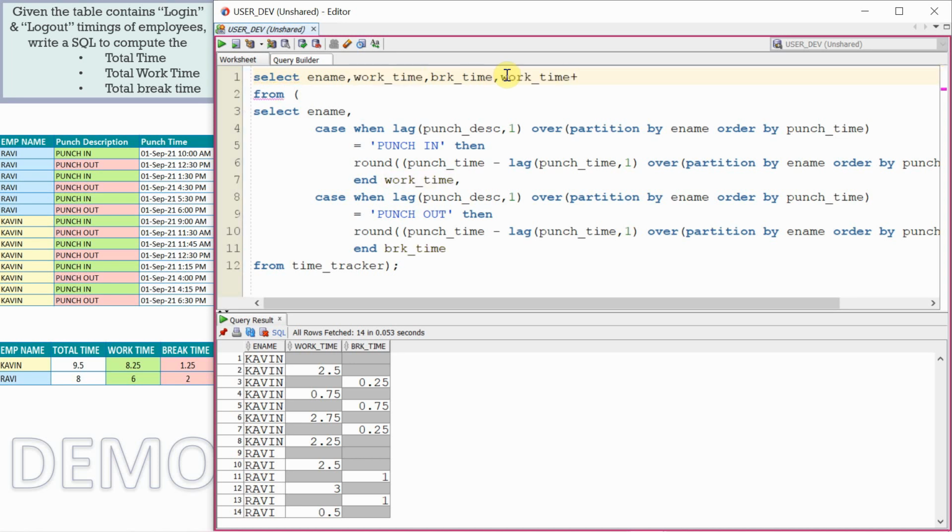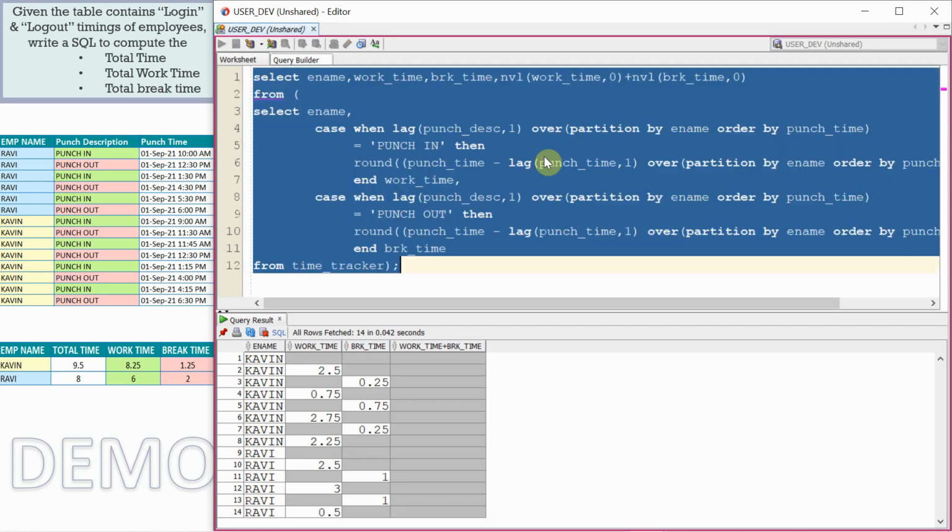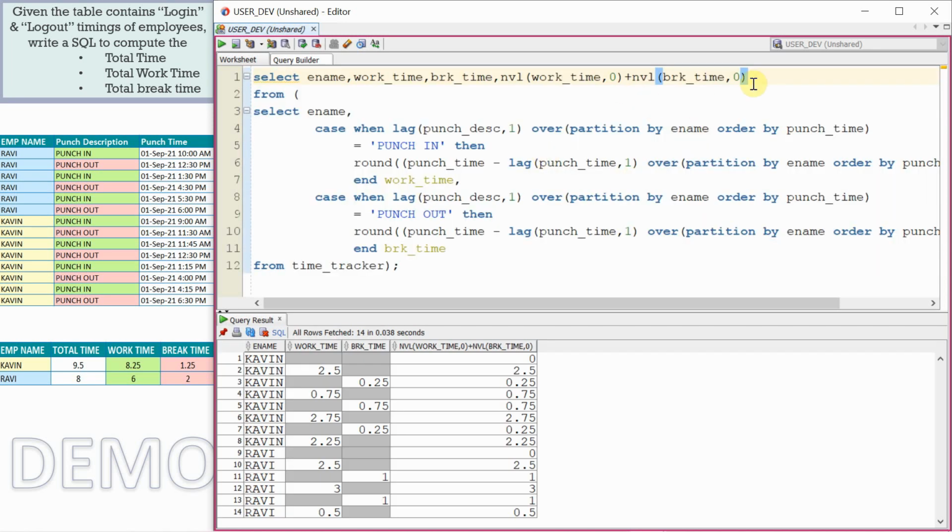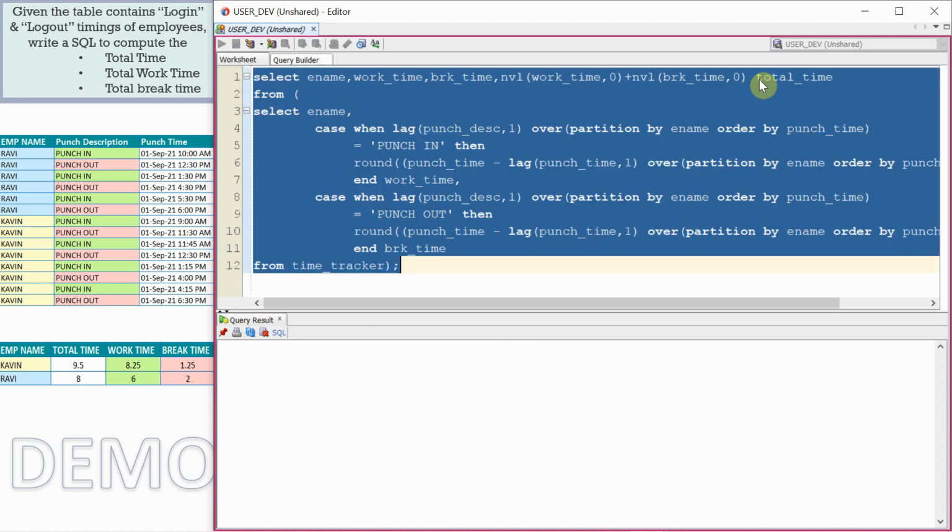So let me say work time plus break time. Whenever there is a null value, it will result in null value. So let's handle the null here. Let's use the NVL function. So if work time is null, let's consider it as 0. Similarly, if break time is null, let us consider it as 0, so that we'll get the total time. Let me just give alias like total time, right?